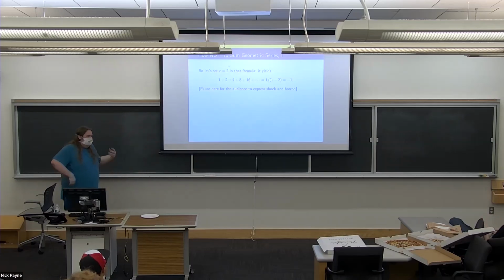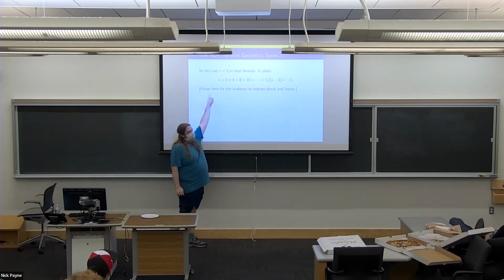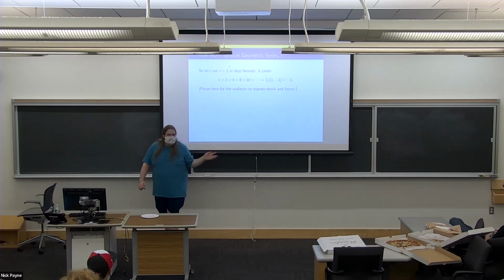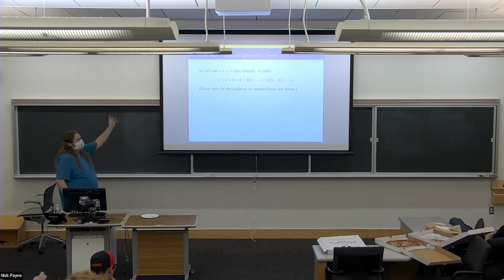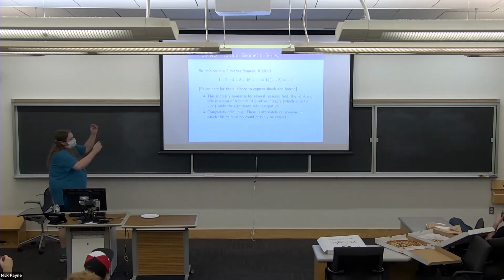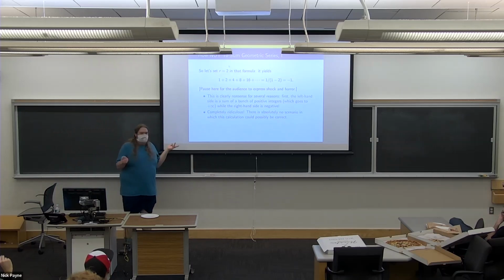So, I mean, for me, I'm okay with saying that the left-hand side diverges to infinity, or you can make it more precise by saying that it goes to positive infinity. That's something that would make sense. But certainly whatever positive infinity is, I'm pretty sure that it's not equal to negative 1. All right, so there we go. That's what I said. So there's absolutely no scenario in which this calculation could possibly be correct, right?